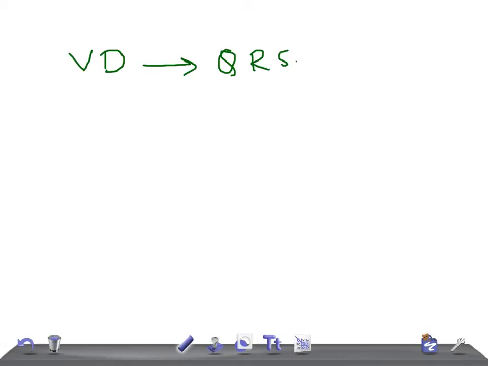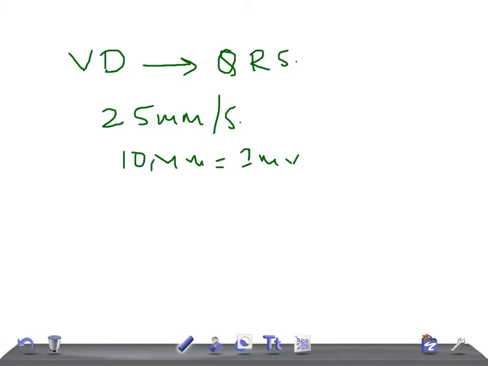Before measuring a heart rate through the use of the QRS complexes, you have to check whether the paper speed and the calibration are standard or not. What should the paper speed be? It's going to be 25 millimeters per second. Remember, it's 25 millimeters per second, okay? All right, guys. Then you have 10 millimeters equals 1 millivolt,